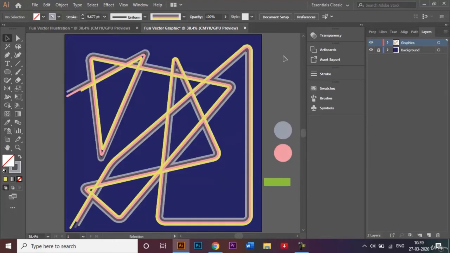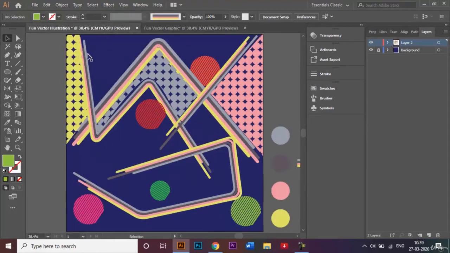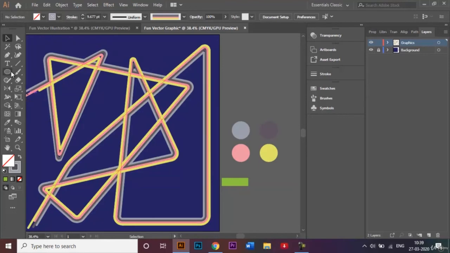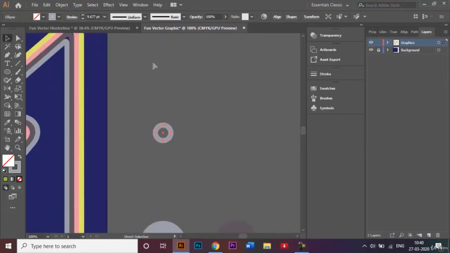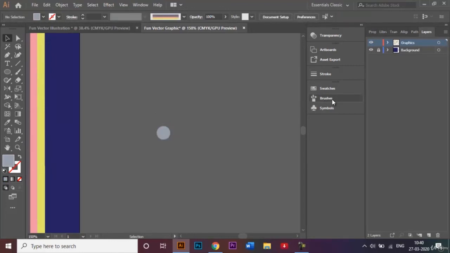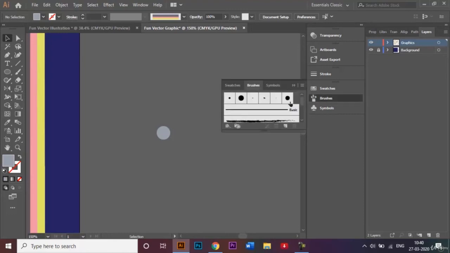Okay, so once that's done, I'm going to go ahead and also create these circles right here. So again, that's really simple to do. What you have to do is that I'll be using this ellipse tool right here and clicking on Shift plus Alt to make one small circle. And I'm just going to zoom in on this and also just scale it even smaller and probably just swap the fill like that. So what I'm going to do now is that I'll be adding this to my swatches panel right here. Okay, so I'm going to select my circle